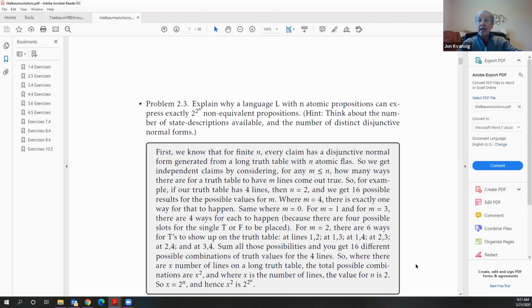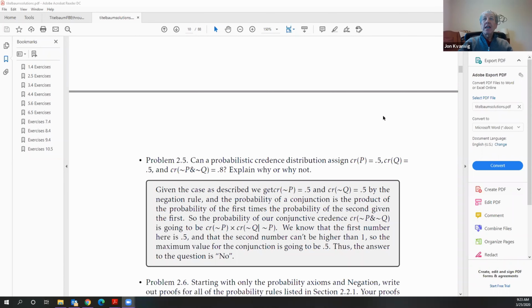So where there are x lines on a long truth table, the total possible combinations are 2 to the power of x, where x is the number of lines and the value for n is 2. So x equals 2 to the power of n, and hence the total is 2 to the power of 2 to the n power. Okay, 2.5 says,